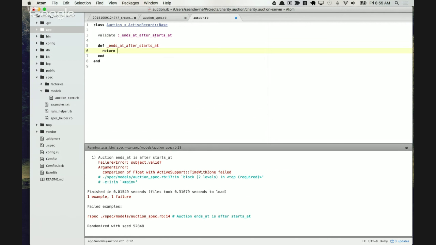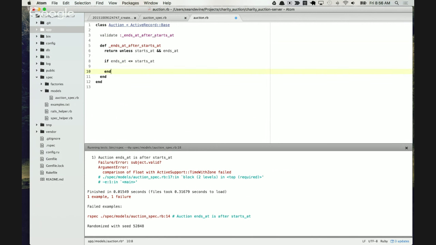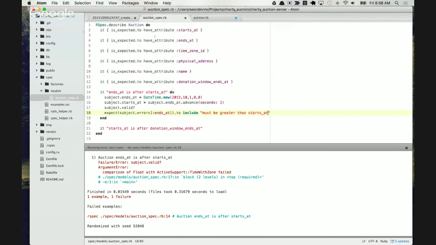Let's see, so return unless starts at and ends at. Okay, and then we'll say if ends at. Now I tend to write these in sort of a positive way, so I'll say if ends at is less than or equal to starts at. And errors.add ends at, and then